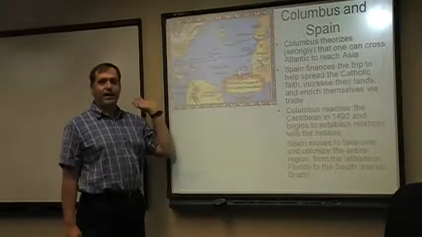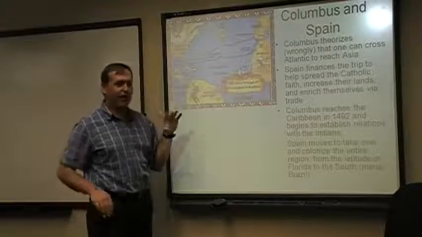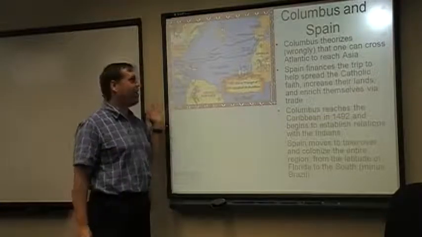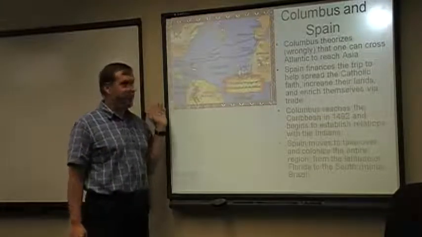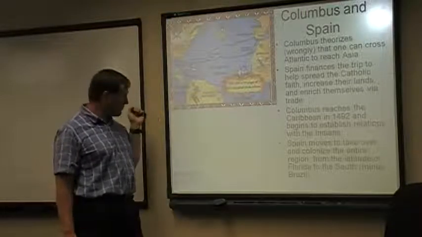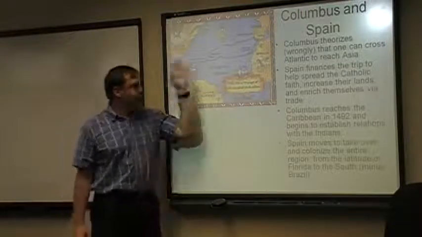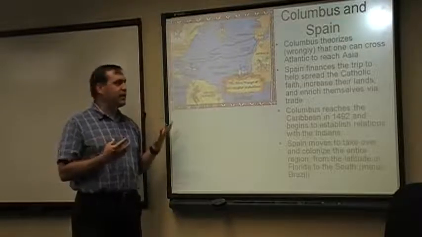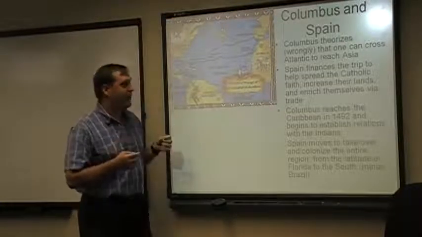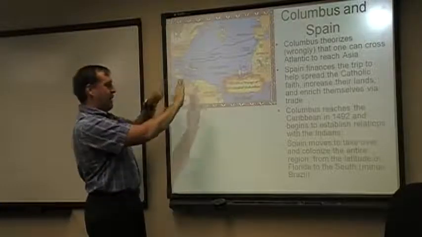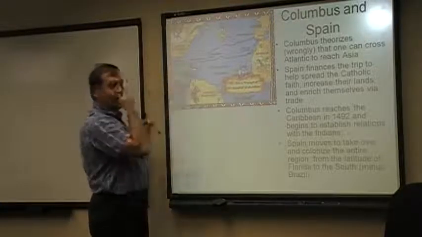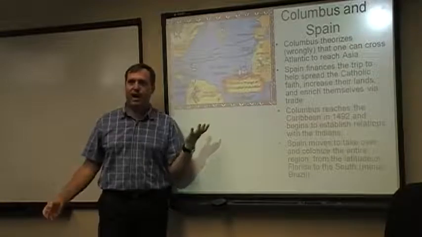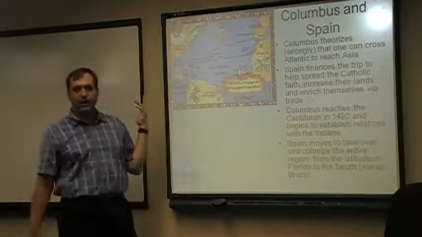While it is true that the Vikings had been to North America, they hadn't bothered to tell anybody. And to be fair, I don't know that the Vikings really knew that they had found anything new as well. So, when you put a map together using the calculations that most of these cartographers of the day would have had, you would have made the Atlantic Ocean and the Pacific Ocean basically put together. And you would have been looking at this massive body of water between Spain and China.